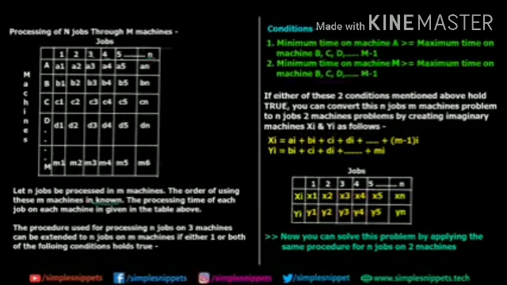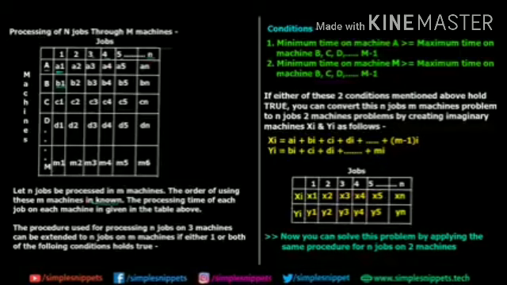And also the processing time is given as follows. So job 1 requires A1 minutes or hours or seconds or whatever the time unit is on machine A. Similarly, job 1 requires B1 minutes on machine B and so on. Now obviously we cannot directly go ahead and solve this numerical because this is an N jobs M machines problem. However, we can only solve N jobs 2 machines directly. So we've seen that in the previous video also, wherein we converted the N jobs 3 machines to N jobs 2 machines problem and then we solved it.